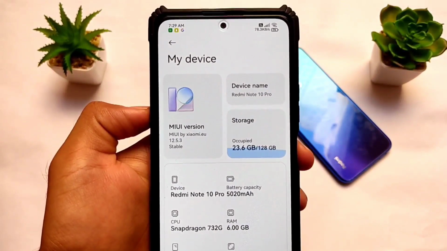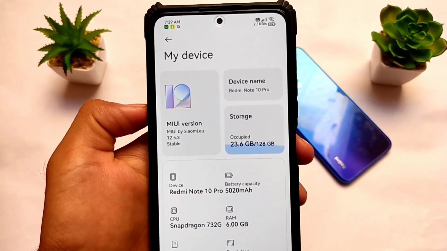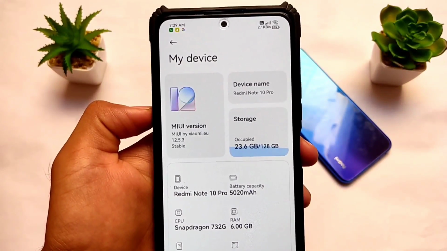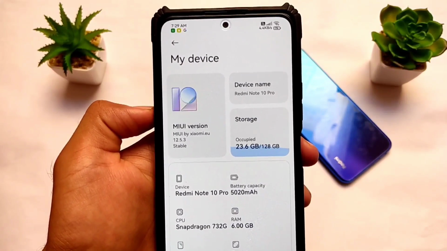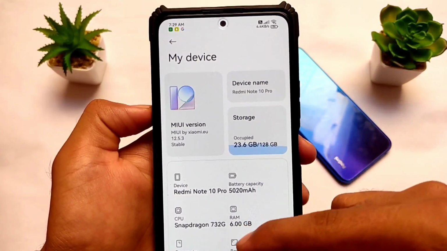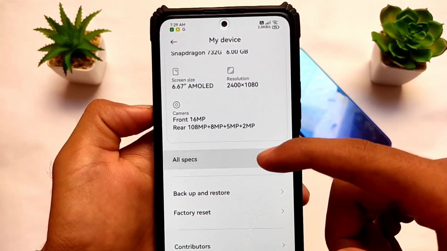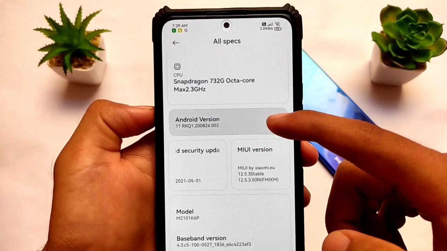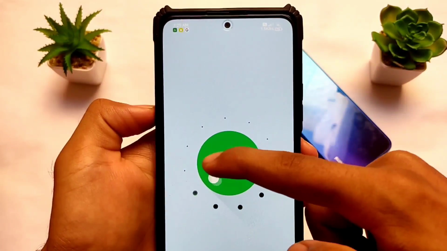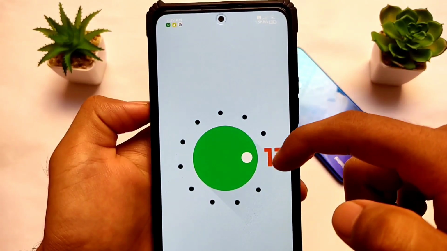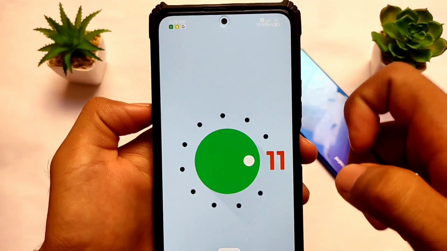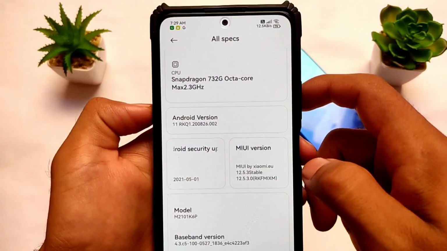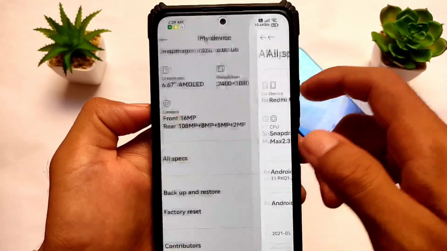If you're a user of Redmi Note 10 Pro, you might get the Google Dialer and MIUI India stable, which does not contain any kind of useful features and has some restrictions for you. If you have unlocked the bootloader of your device and want to install a custom ROM but you can't survive without MIUI, then Xiaomi EU is a very good alternative for you. It's based on Android version 11. I'm using the MIUI 12.5.3 version here on my Redmi Note 10 Pro.